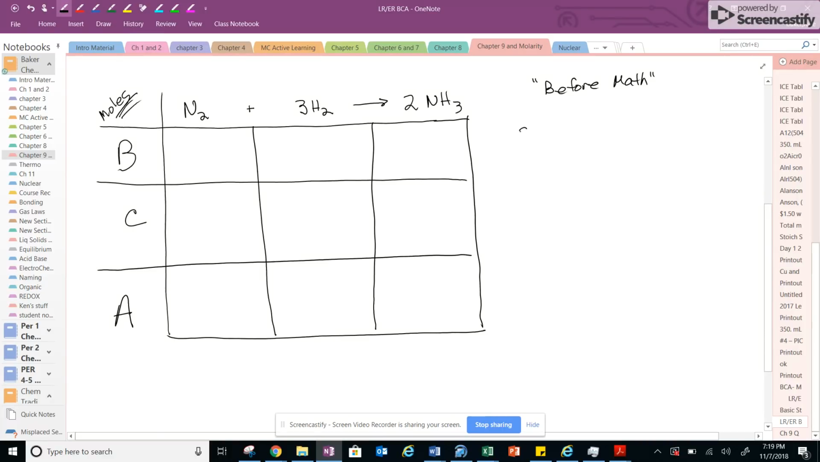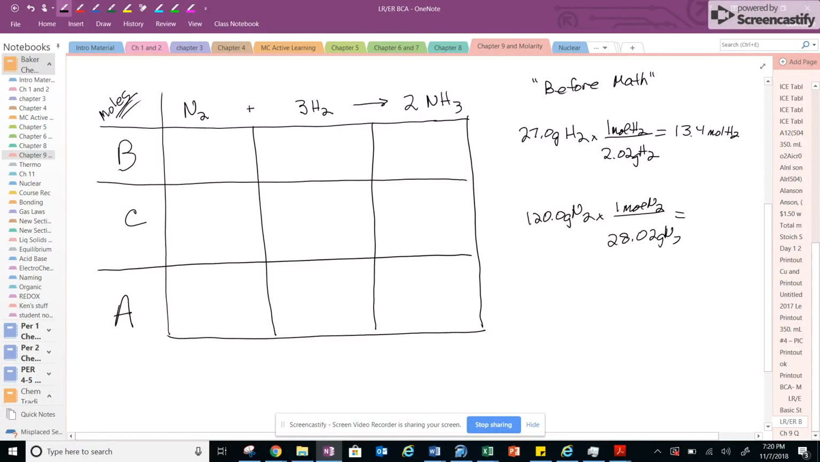It says we have 27.0 grams of hydrogen and 120.0 grams of nitrogen. So I'm going to quickly show my work as always, and I'm going to convert my grams of hydrogen into moles of hydrogen, which is 13.4 moles of hydrogen. And then I'm going to take my grams of nitrogen and convert that into moles of nitrogen. And when I do this, I get